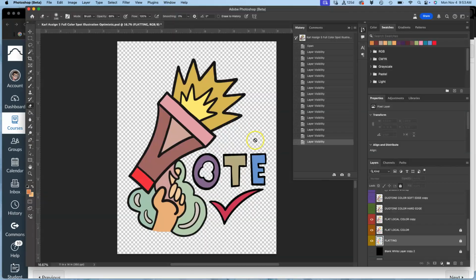So flatting is different than local color. Flatting is arbitrary color, but filled in. My chosen local colors, those are the color the thing is, no matter the light condition. So you can see there's no light hitting this in any kind of direction. There's no shadows, there's no highlights, but I have my local color. So next, the next step